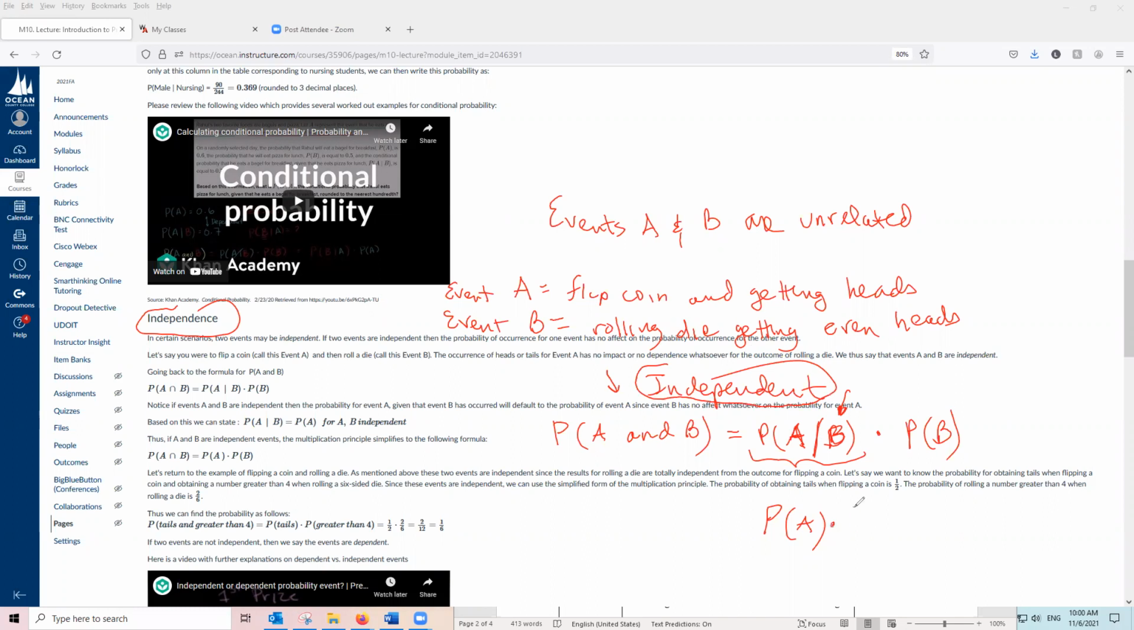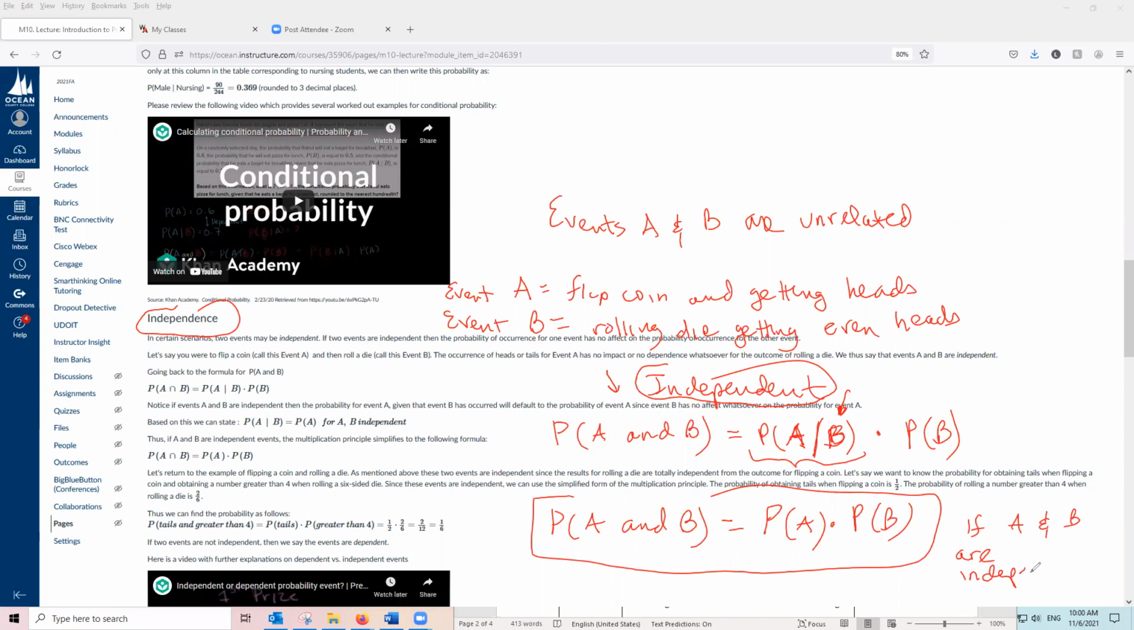So the simplified formula, when you know the events are independent, is this formula here. So this is the formula to use if A and B are independent. So you'll have to read a problem carefully and ask yourself, are these events A and B independent, or are they dependent? Dependent would mean if event B happens, it does affect the probability for event A. Okay, so why don't we go and do some examples